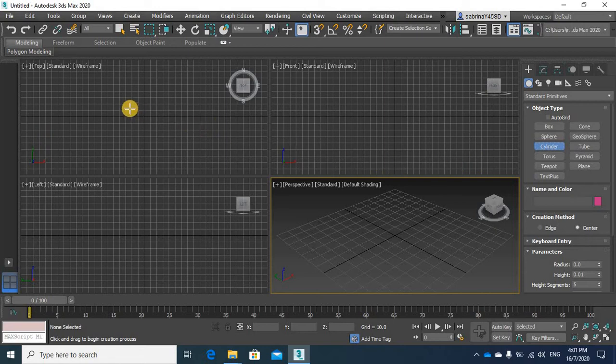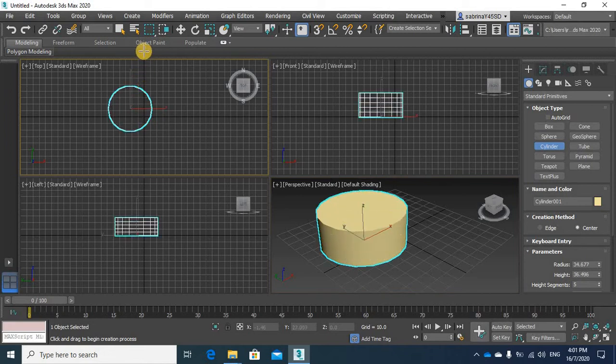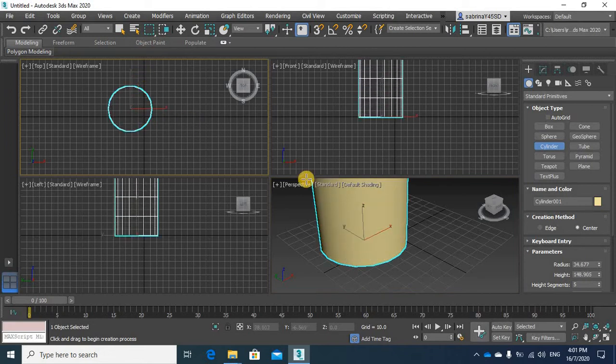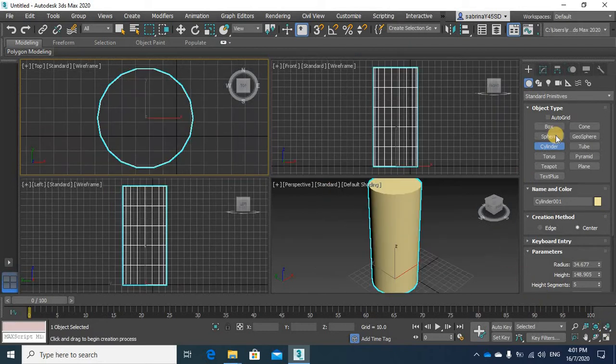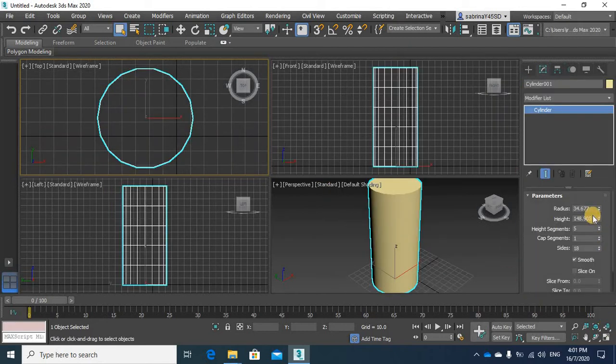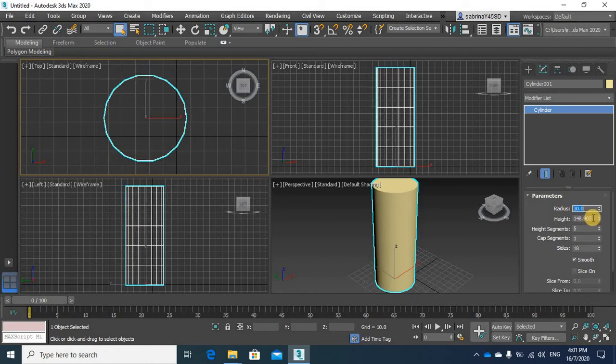Okay, so first of all, we go to top view and we create a cylinder. Zoom all. Change the radius to 30, the height to 150, and size to 18. Yeah. So what we need to do now,